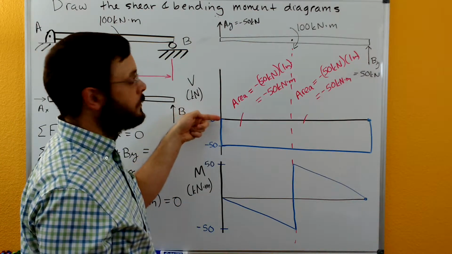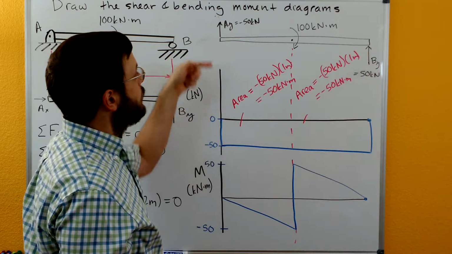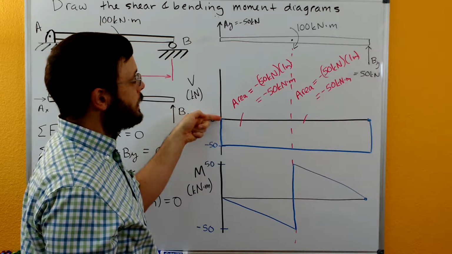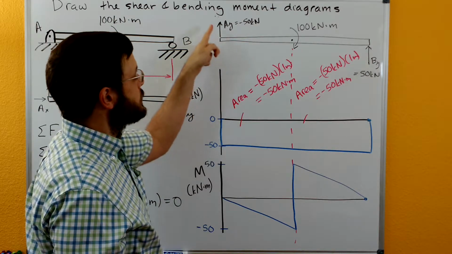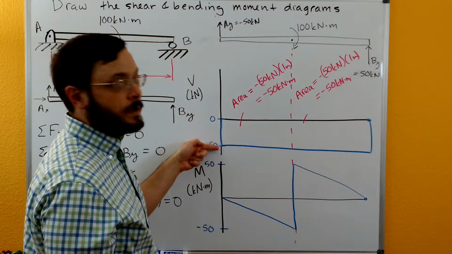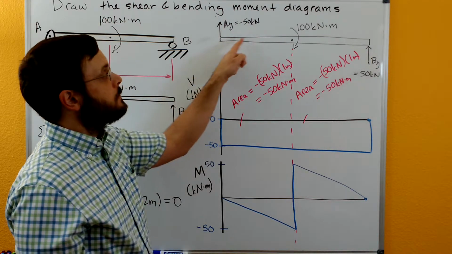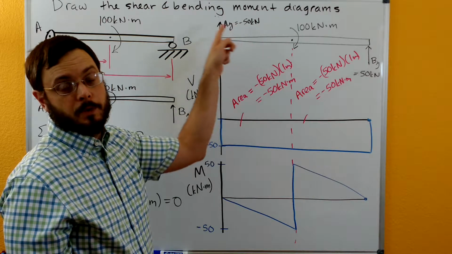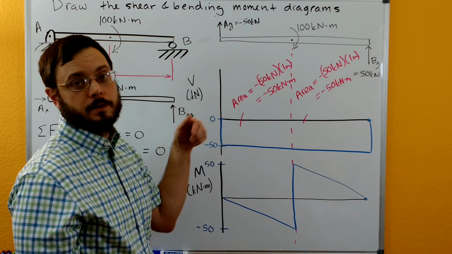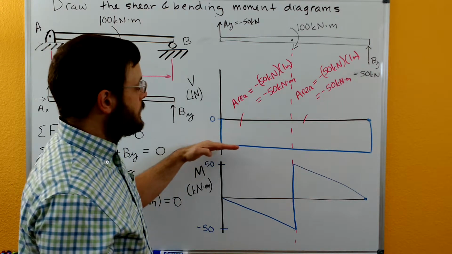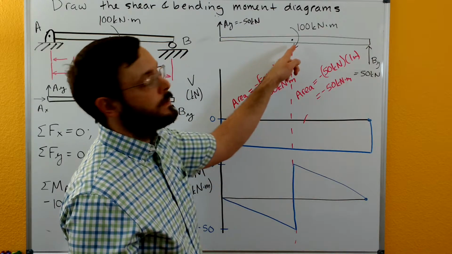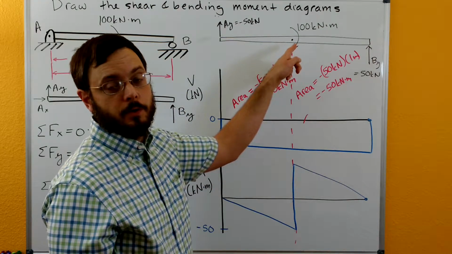So we'll start here with our shear, and then we'll account for the reaction. So we're going to start at 0. We account for the reaction at the end, which is negative 50. So it's going to bring us down to negative 50. Then we look back at the beam and we see if there's a distributed load. We don't have any distributed load, so this tells us that our slope is going to be 0. So we continue on with the 0 slope all the way across until we hit the negative 100 kilonewton meter